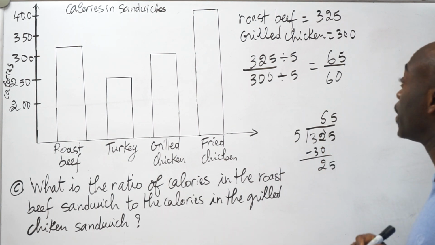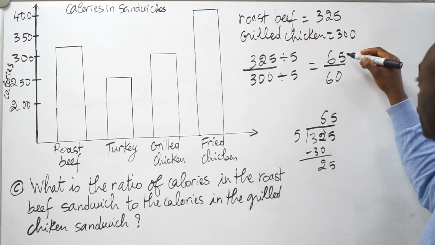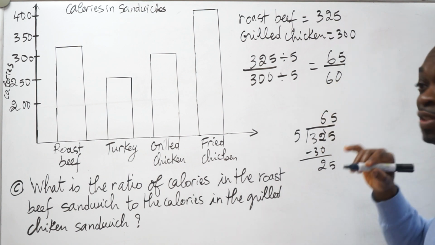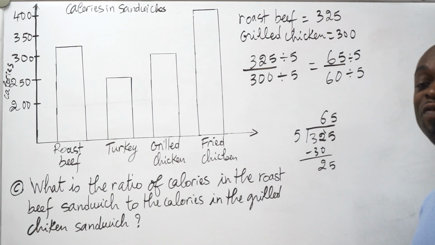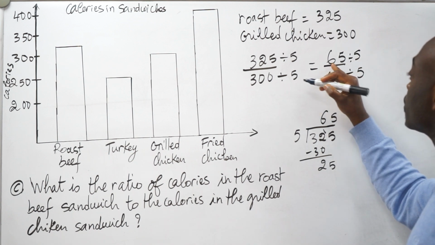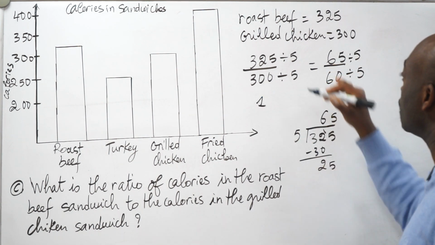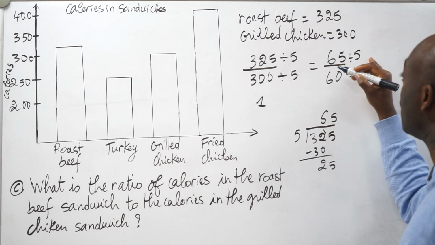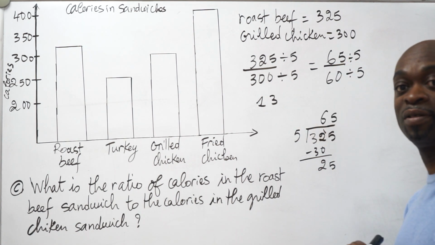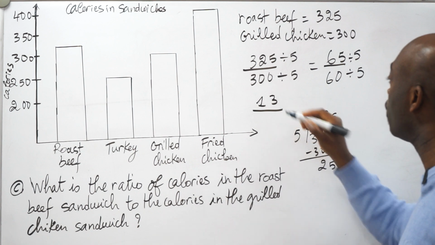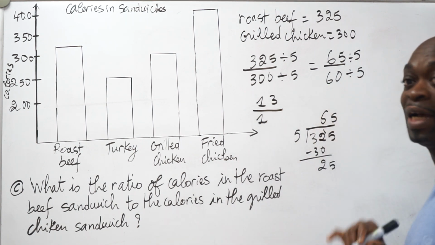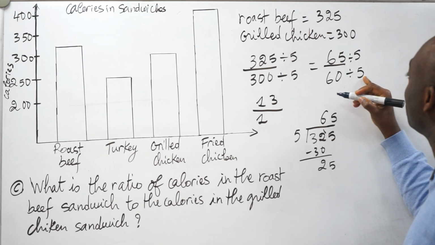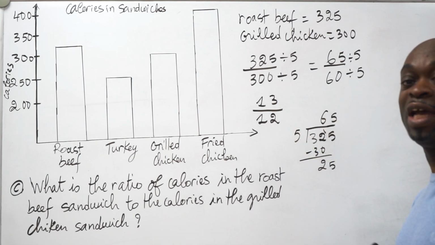We still have to continue because we're not finished, because this number still ends with 5 and this one with 0. So 5 can still go into both of them evenly. 65 divided by 5 is going to give us what? 5 goes into 6 one time. You carry 1, so that gives us 15. And 5 goes into 15 three times. So that's 13 on the top, over 5 goes into 6 one time. We carry 1 and 0, that gives us 10. And then 5 goes into 10 twice. So we end up with